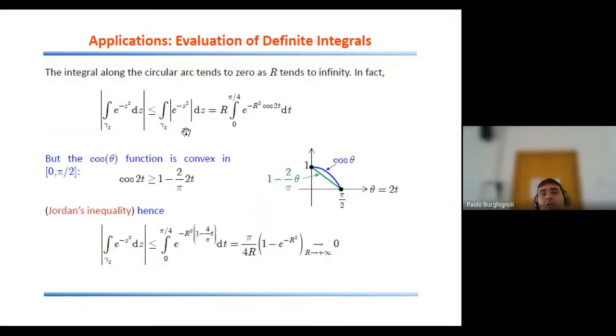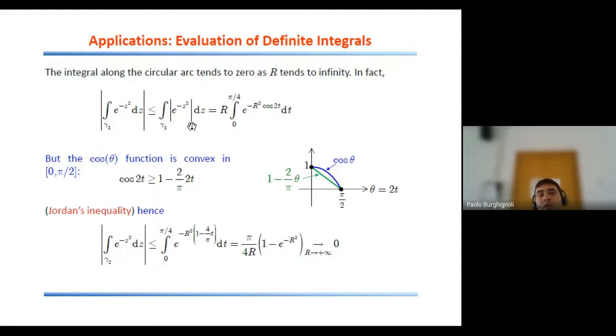Okay, the integral along the circular arc can be shown to be negligible in the limit when the radius goes to infinity, and the reasoning is exactly the same as before. I will show you it again for clarity. The absolute value of the contribution of gamma 2 can be estimated through an upper bound